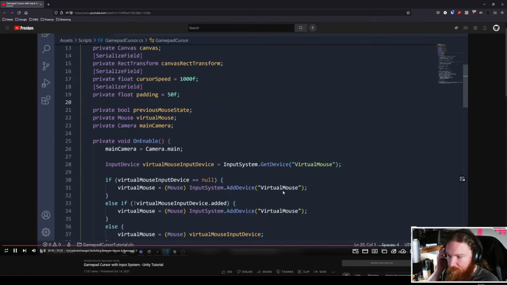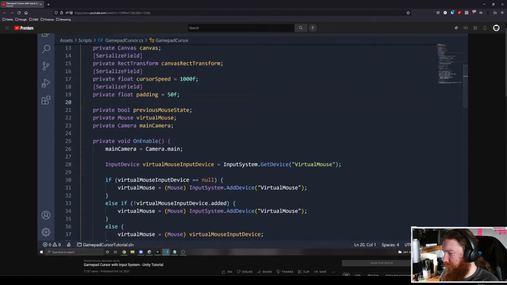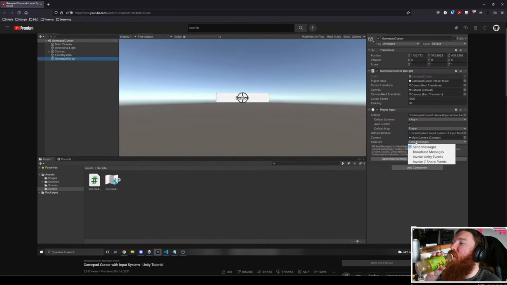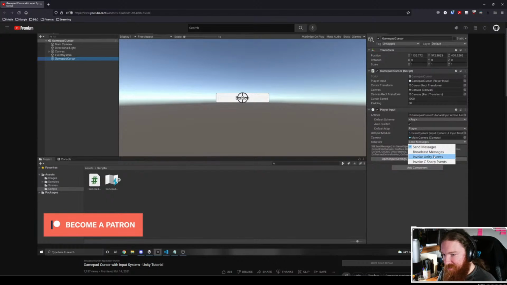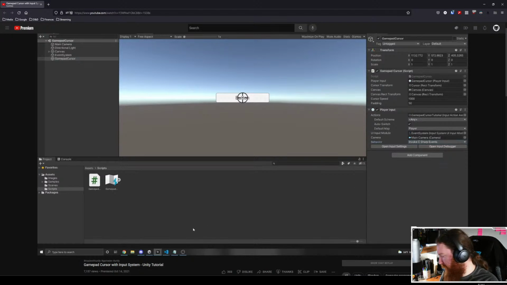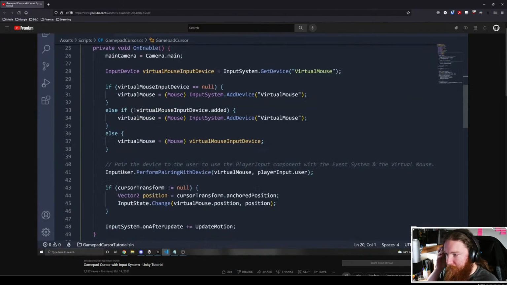Get an event notification when the player has changed their controls. So you can do it directly from the editor here. There's send messages. There's also invoke Unity events or invoke C# events. I found that the Unity events one didn't work. However, if we set the behavior to invoke C# events, and then you go to your script, then in our